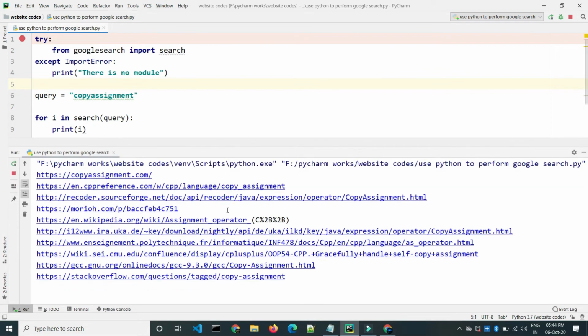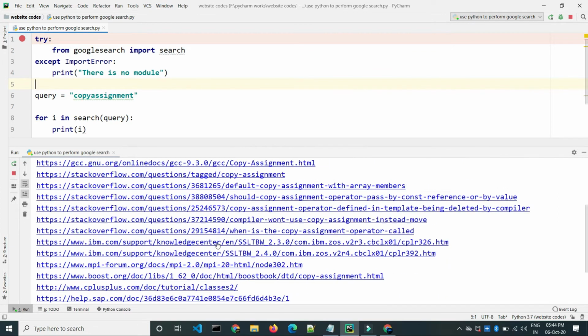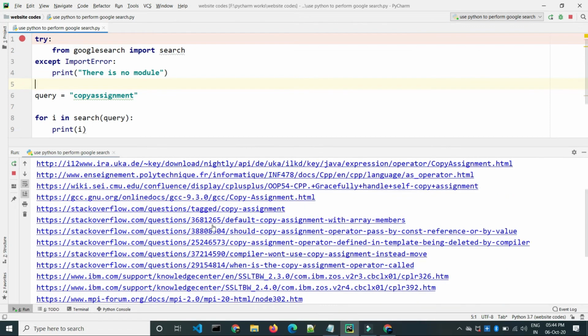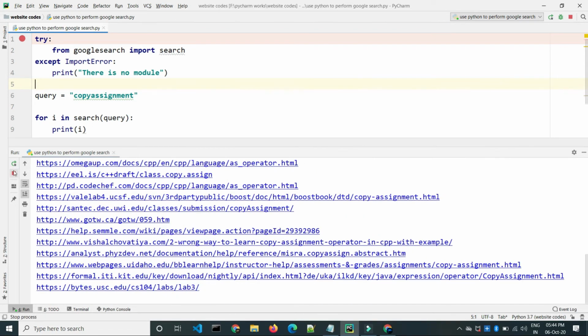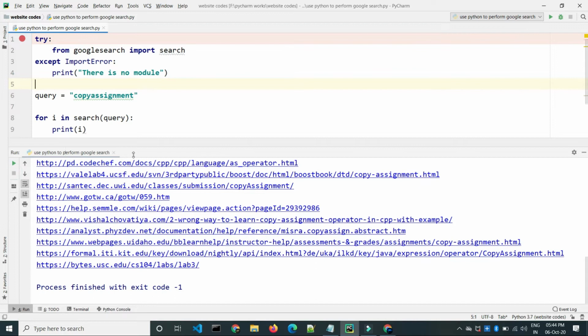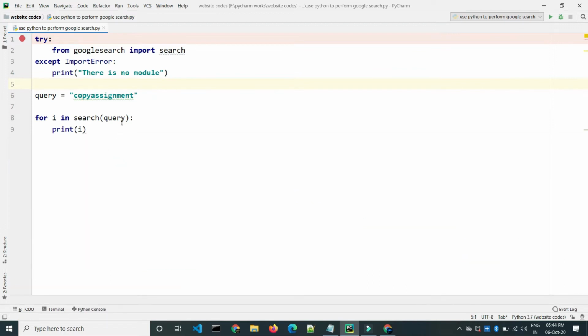Here you can see that the copyassignment.com website is showing in the search results, and the others as well. It will show you results infinitely until you terminate the program. You can also apply stop, which means the number of search results you want to show. Here I want only 10.